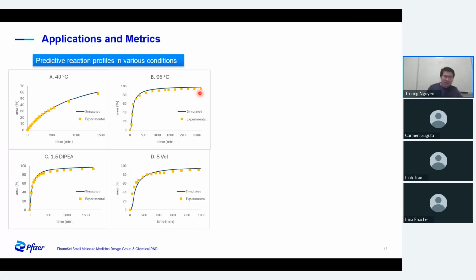So we simulated 4 different conditions, the temperature, the amount of base, and the concentration, and then validated that in the reactor, comparing the simulation data and experimental data. Overall, it's a good fit across 5 experiments. It's even good outside the range of the design temperature, like 40 degrees and 95 degrees. I think it's useful to discuss this result